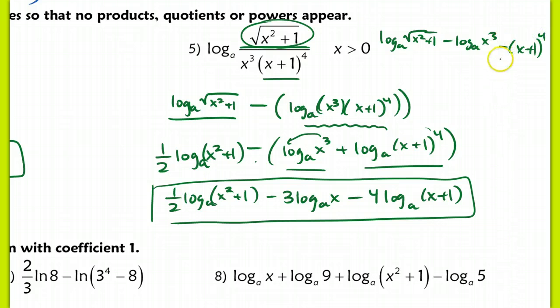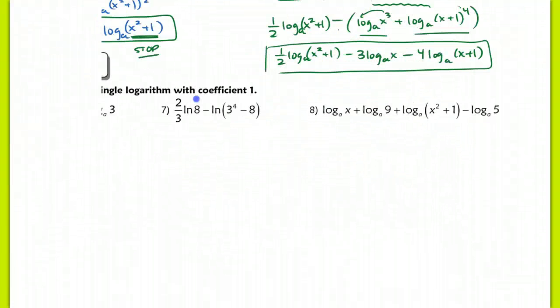Or log, sorry, I forgot the log part of this. Let me rewrite that. I'm running out of room, but minus log base a of x plus 1 to the 4th. Okay, so that's how you could have also redone that same problem without subtracting the whole entire product in the denominator. Same thing, but I just think it's more clear to do it this way. Okay,